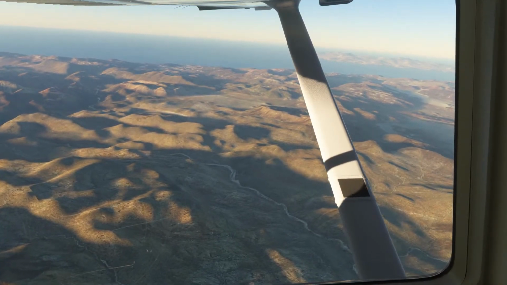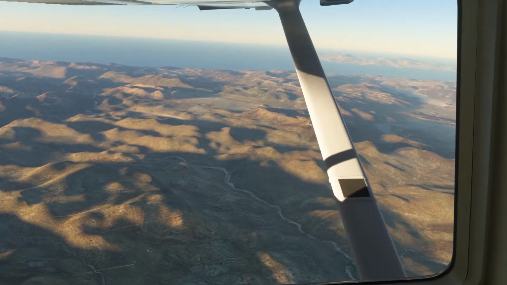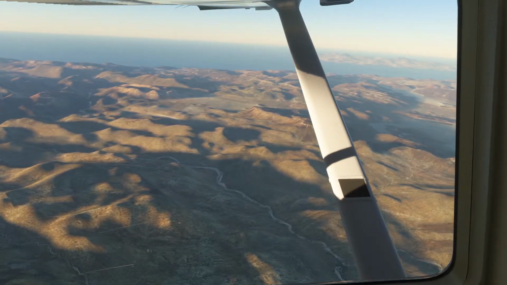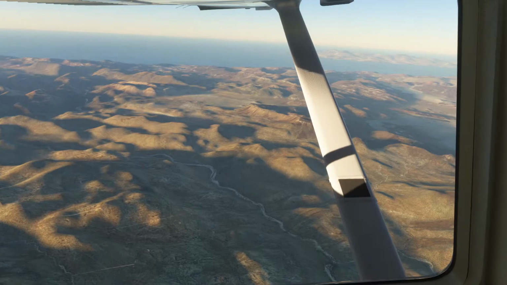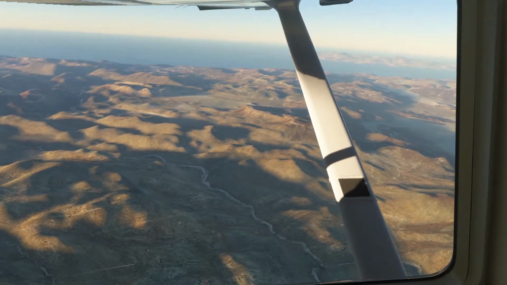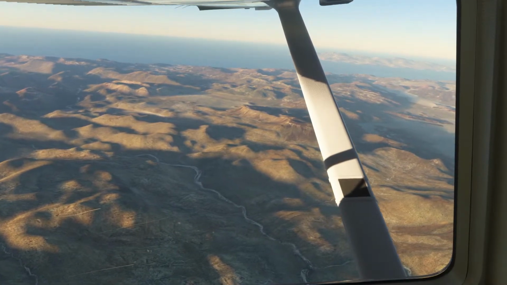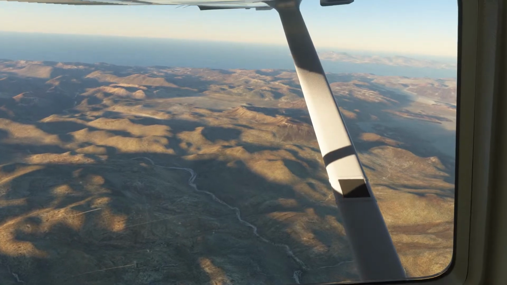It's a wood rat that can only be found on that island and nowhere else. So that's interesting.